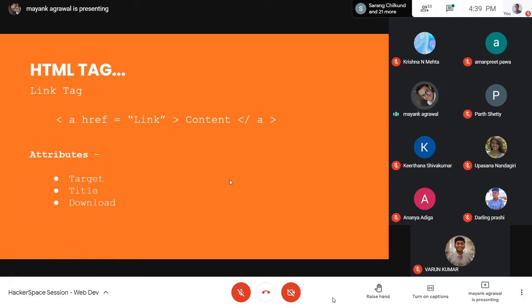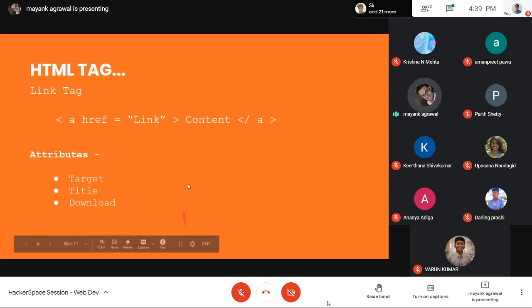So the link tag is used for that purpose. You can link two pages together with the help of some content. So that content which should be clicked should be written over here, whereas the link to that website should be here. And these are the attributes. There are many more attributes that we'll be discussing.